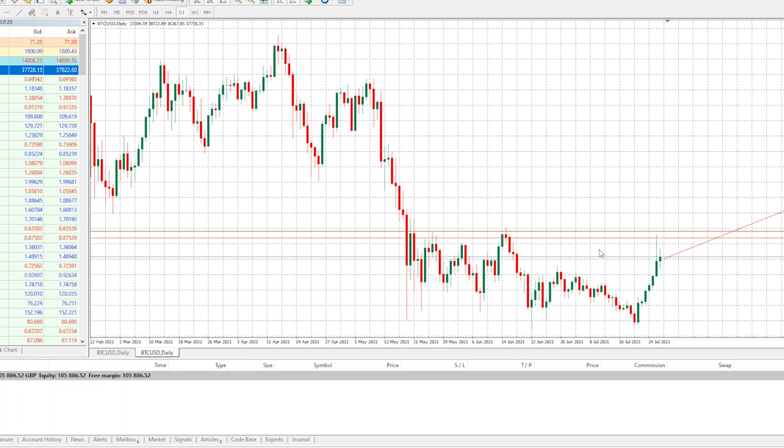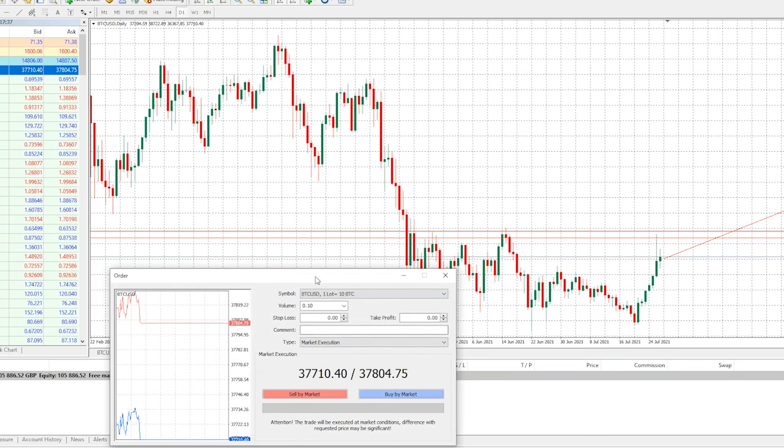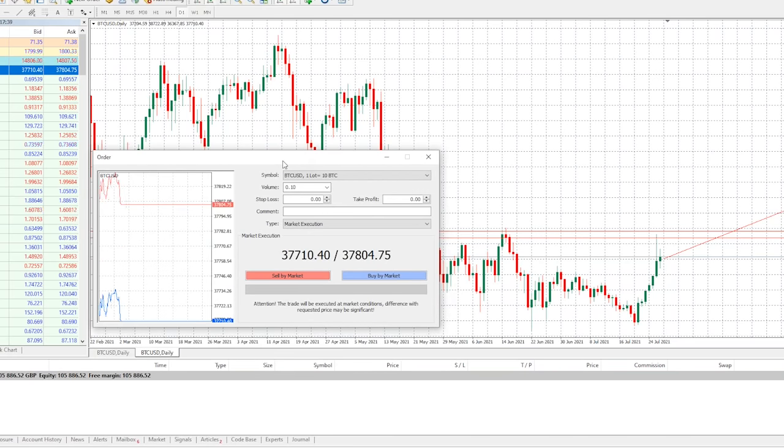Sell limit or sell stop? Yeah, exactly. That would be a sell limit, selling from a higher point. So something that could make sense fundamentally here. Yeah, a buy stop would be if you wanted to buy from a higher point. So